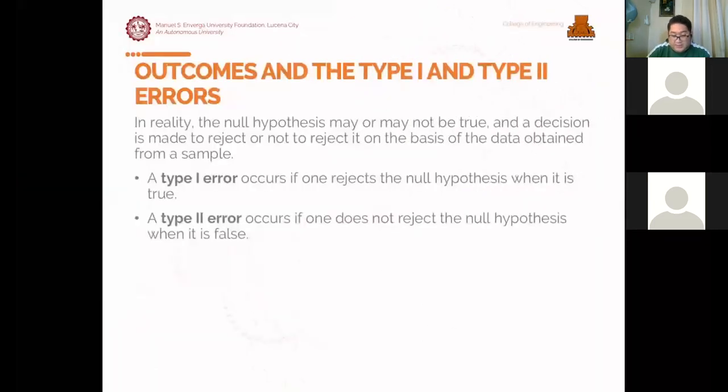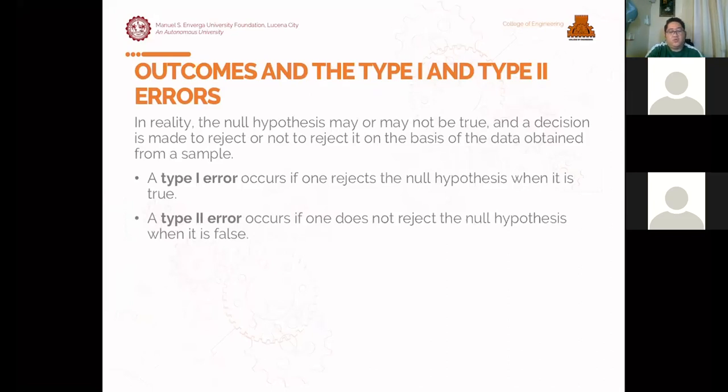Next, we go now to what we call outcomes and type 1 and type 2 error, no? Because after we have identified our null hypothesis and our alternative hypothesis, we need now to decide whether to reject or not reject our null hypothesis based on the data obtained, no? So in rejecting and not rejecting